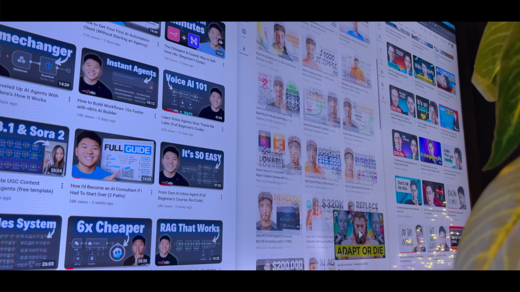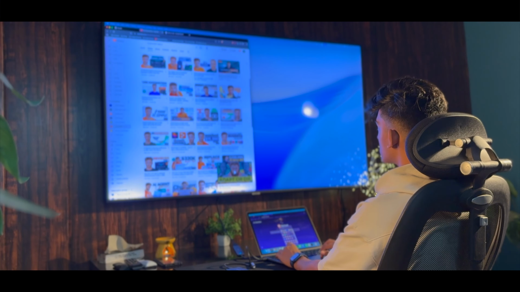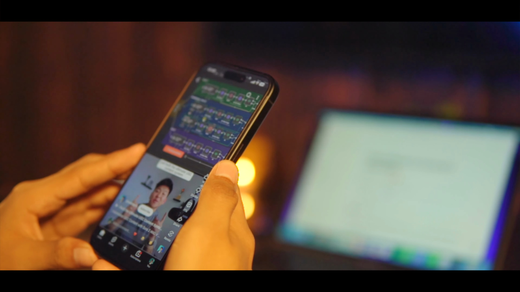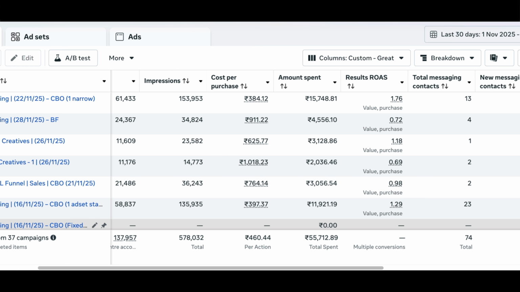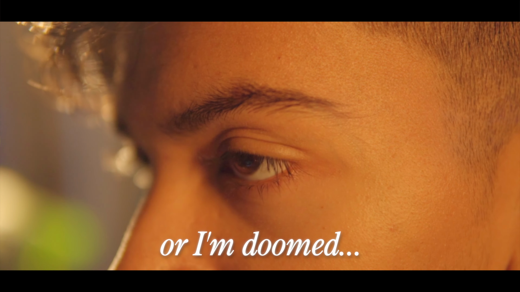And just before we start, I bet you're not going to find this workflow anywhere else, because in my experience, 99% of the guys sharing workflows on YouTube don't actually run money behind it. So they don't know if their workflow even works or not, or if they produce ads that are actually good. That's not the case over here, because I am running money behind it. I know that I have to make creatives that provide good ROAS, or I'm doomed. So you know that this workflow is going to be